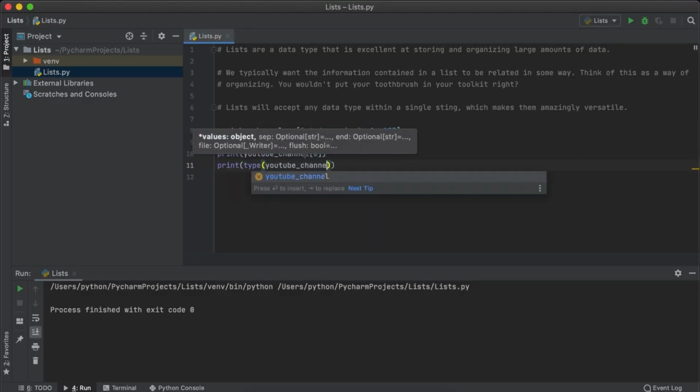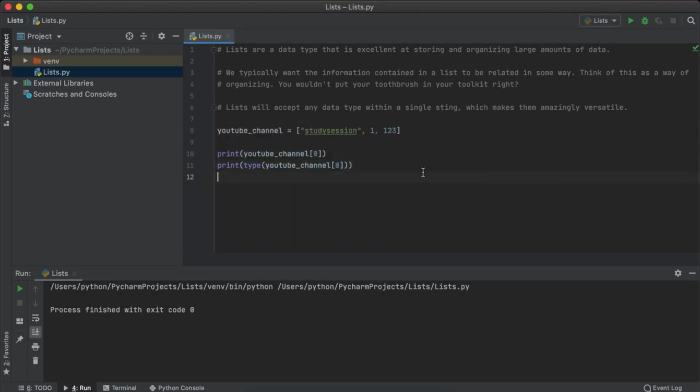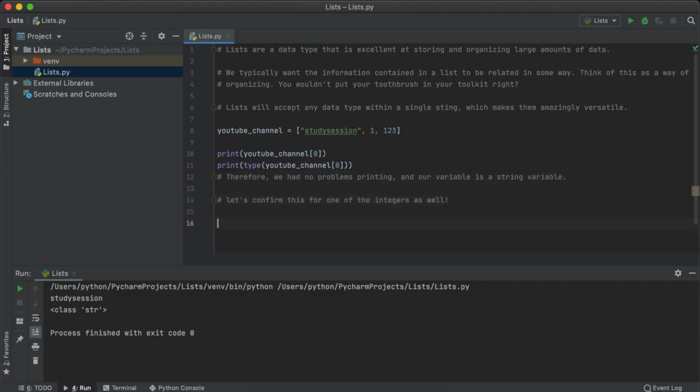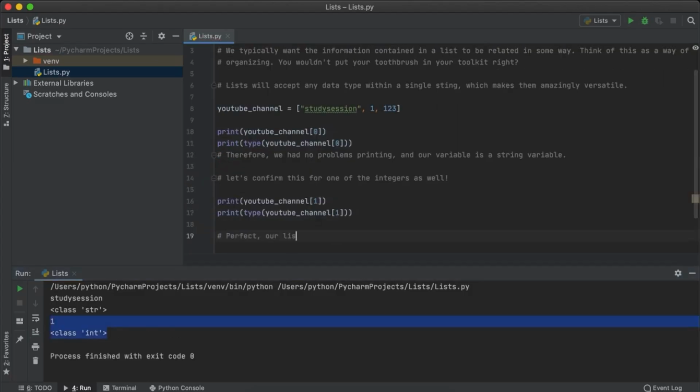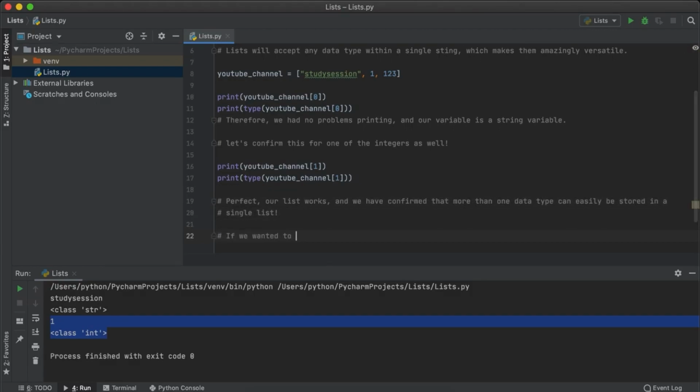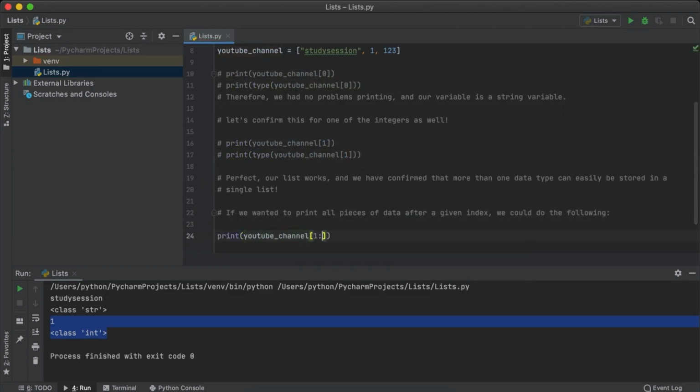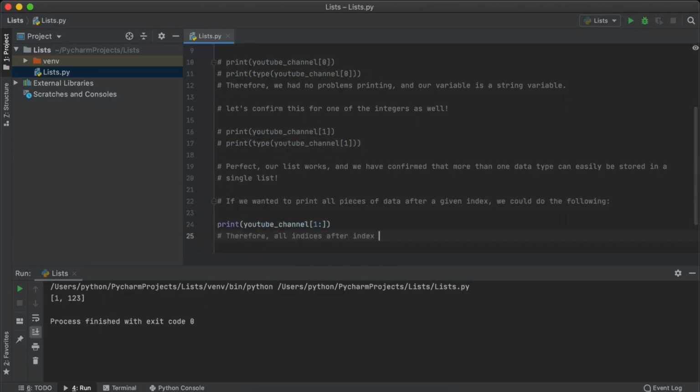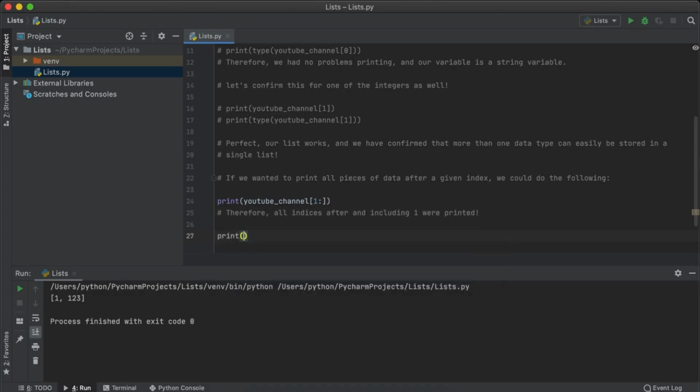And we'll also add an extra line to check the type of the data. Now let's repeat what we just did for the number of subscribers. Once running the code, we can see that everything was returned properly and as expected. Another interesting thing to note is that if you want to print all pieces of data after a certain index, you can just add a colon after the index position. There are also ways to alter your list using list functions, however, this will be further introduced in the next video. Also, if you wanted to, you could just print the whole list by stating print and then the list name.